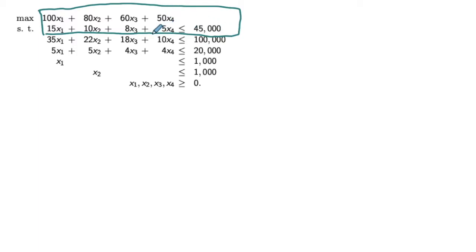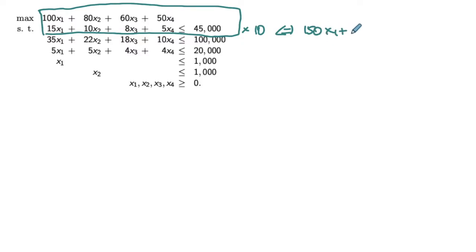So in the optimal solution, the variable x4 will be set to the maximum possible amount, making sure that we don't violate the upper bound here. So it's going to be 45,000 divided by 5, right? And then we'll plug in that value in the objective to obtain the optimal objective. But another way of getting that upper bound could be just multiplying the constraint by this maximum ratio that we were looking at. 50 divided by 5 is 10. So now if I multiply the constraint by 10 on both sides, this is what I'm going to get for this constraint. So it's going to be equivalent to